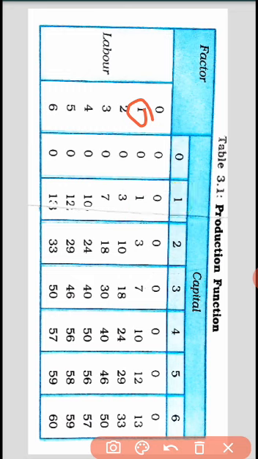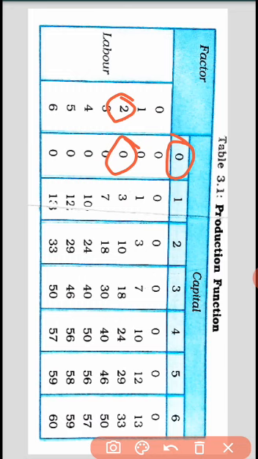That is, we are going to produce 1 unit or 1 kg, you can take any measurement for your understanding, of wheat. If we are using 2 labors and 0 capital, that means our production will be 0. Why is it 0? Imagine you have capital in your hand, but no labor is there to work, or labor is there but land is not.